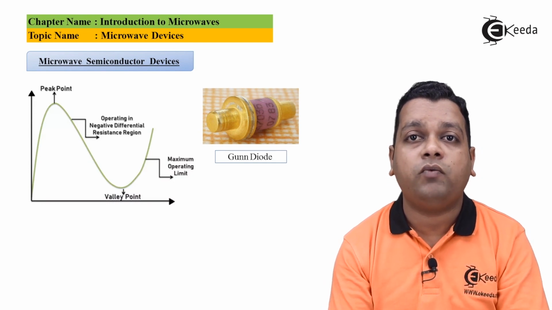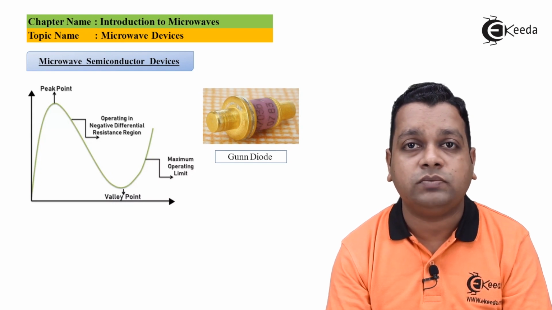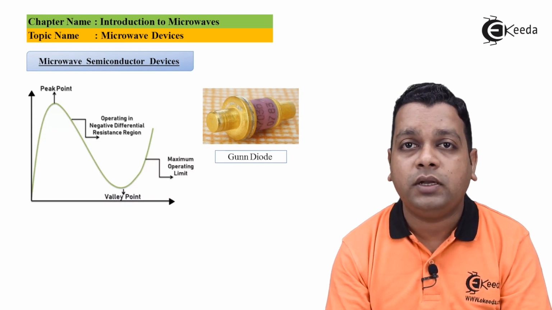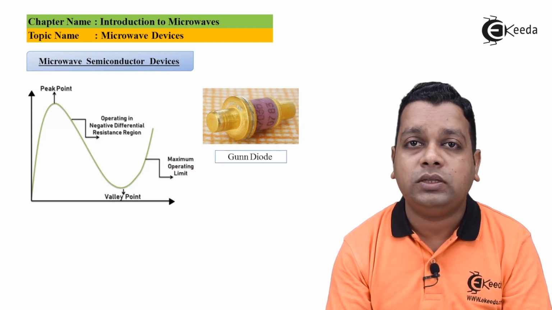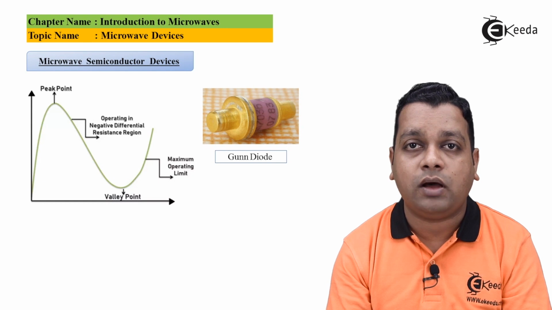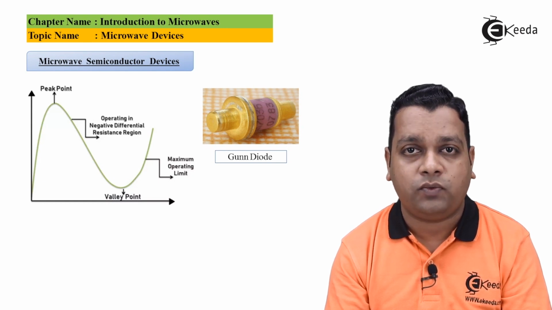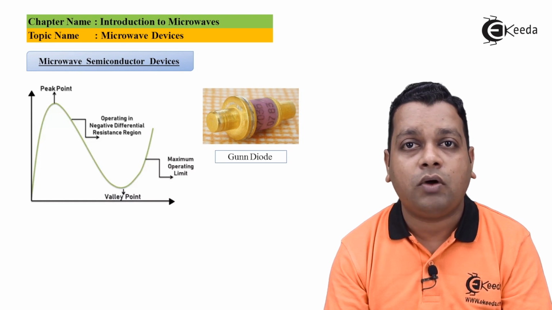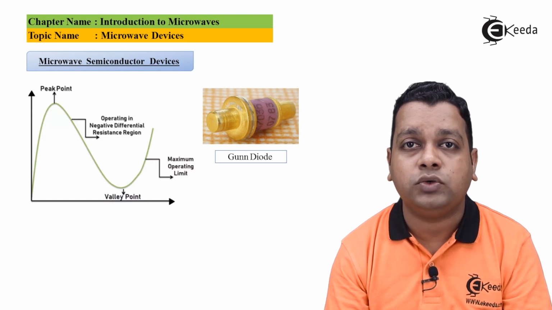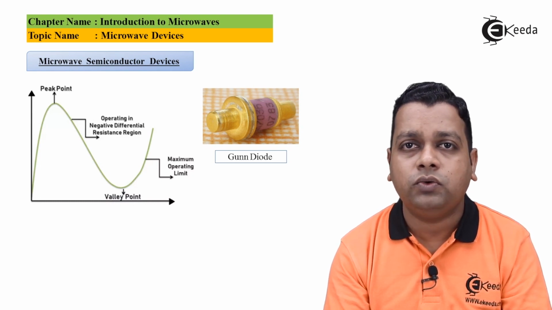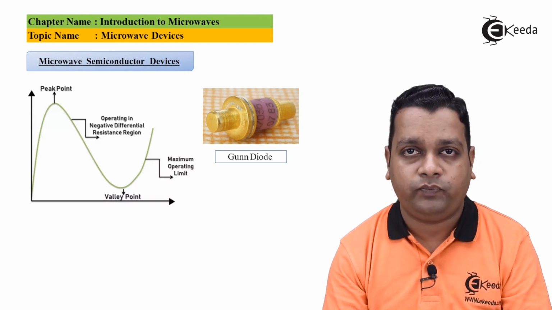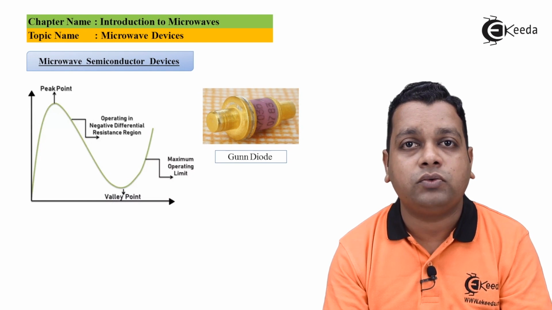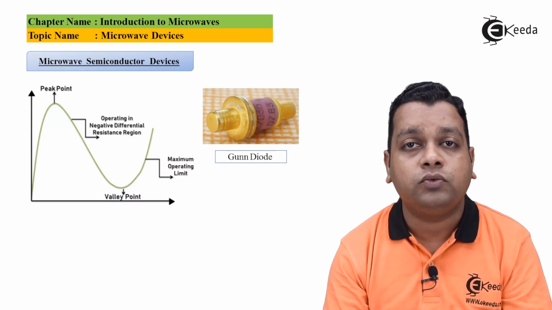On the semiconductor platform we can have the gun oscillator. So it is basically a gun diode, and the accompanying diagram shows us a graph. In this graph, with the increase in the voltage applied to the substrate of this gun diode, there is an increase in the current, it achieves a maximum level, and after that there is a great drop down. So right from the peak we go to the valley point, and from the valley point again there is a gradual increase in the current. So in this particular curve we are focusing on the relationship of the voltage applied to that of the current.